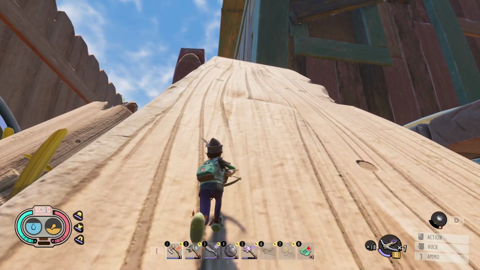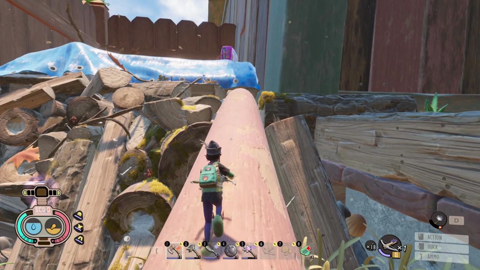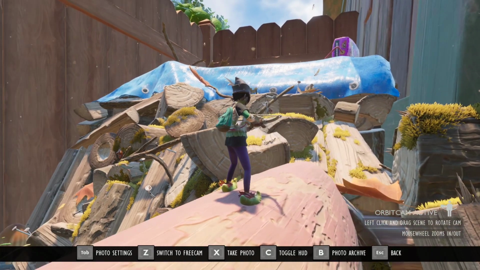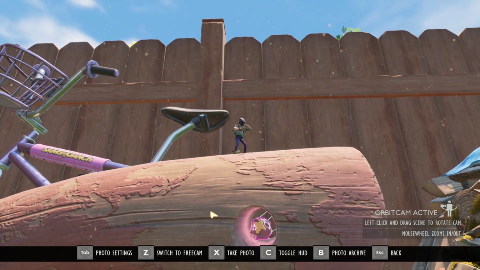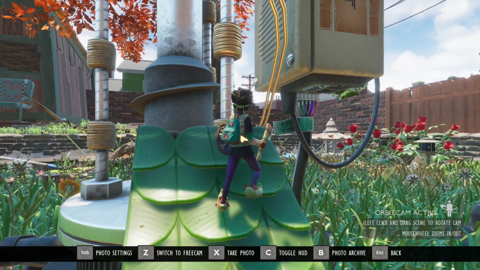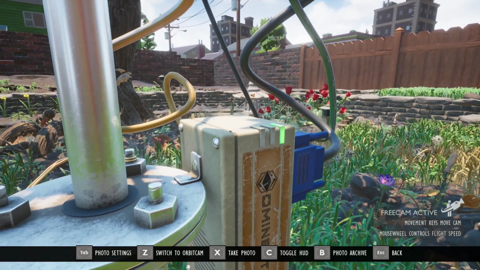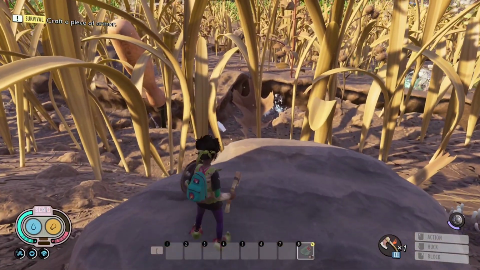Tip number 9. Scout with photo mode. Another good tool to gather information is the photo mode. Awesome to take pictures, but great to search for creatures and resources. You name it. Raw science, scab schemes, feathers,